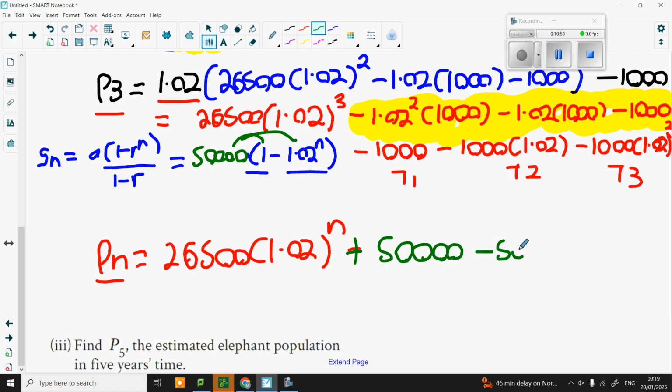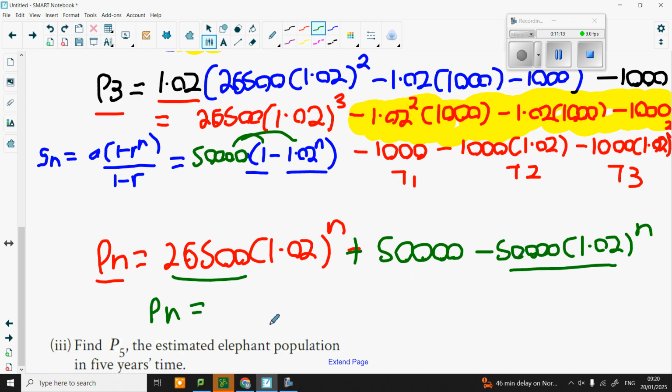And then minus 50,000 by 1.02. And now what happens when I take them away from each other? I'm going to take the two of them away from each other. Pn is what? 50,000 take away 50,000 take away